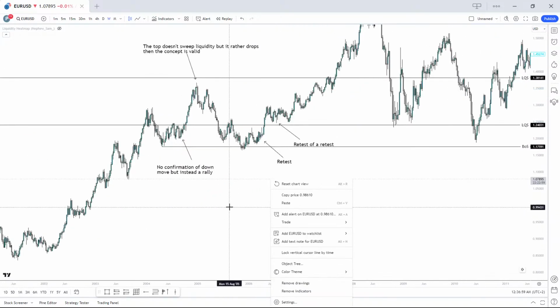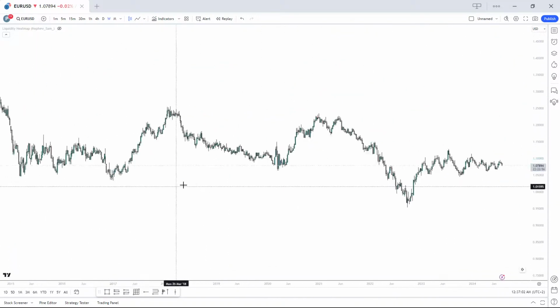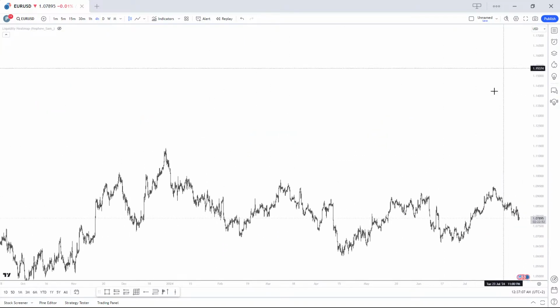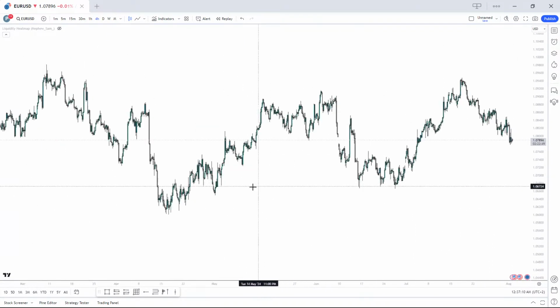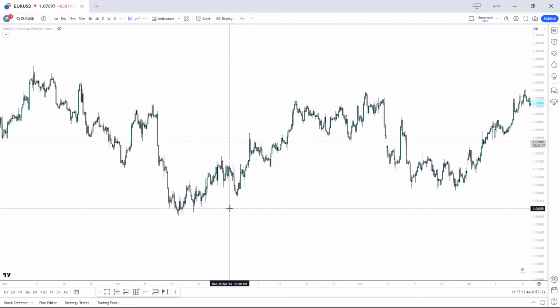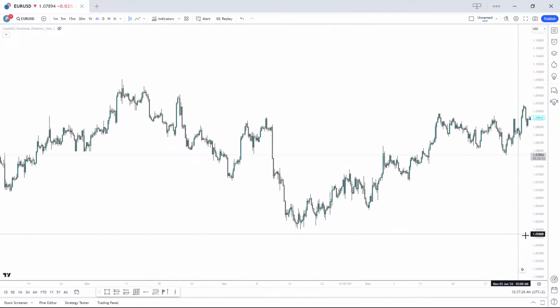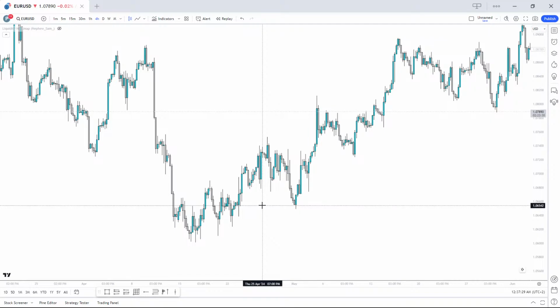Let's drop to the lower time frame and see if this works on lower time frames. That's, I don't know, 4 hour maybe. And we want to look for a trend. Trend is your friend. So we are in an uptrend. What do we look for in an uptrend? We look for a break of structure to the downside. Alright, I think this is one good example. Yeah, I think this is actually a pretty good one, but